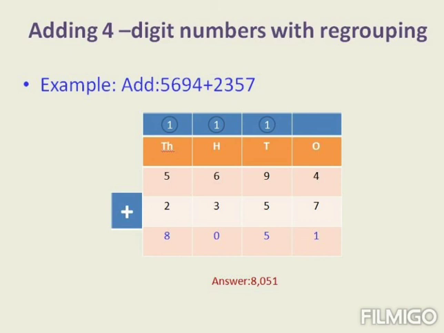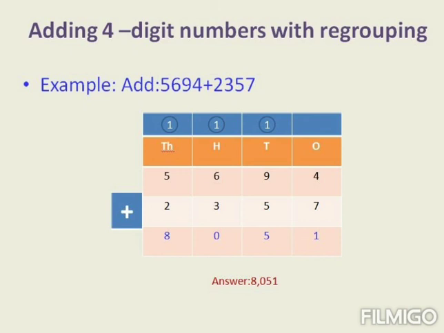Now add this 1 ten along with the remaining numbers 9 and 5. After 1, 9, if you add, you will get 10. 10 plus 5 is 15. Again we are getting a 2-digit number, 15, here. Write the ones place number 5 in this place and take the 1 ten to the next place, that is, to the hundreds place. Now we have to add 1 and 6. If we add, we get 7.